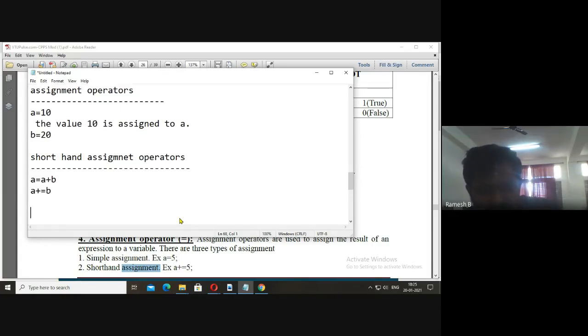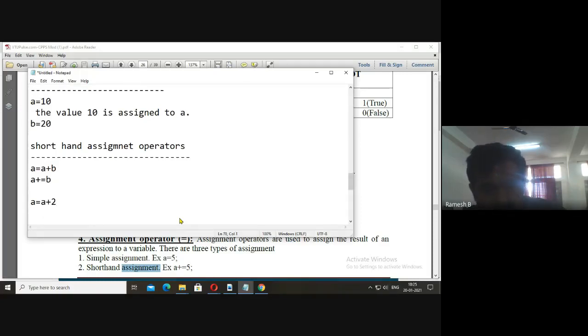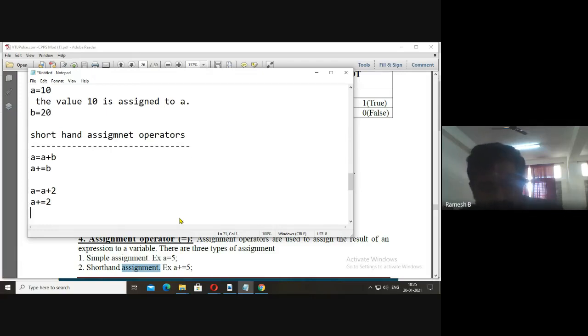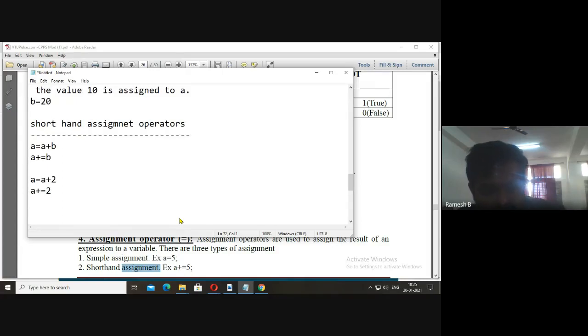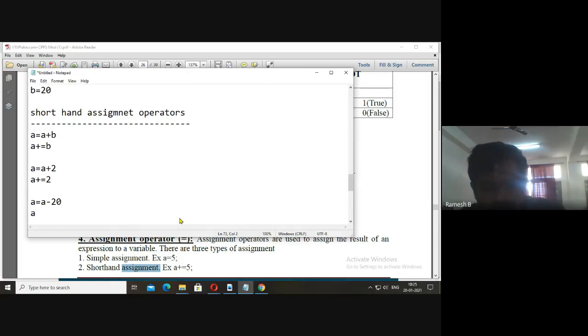Let me take one more example. Instead of writing A is equal to A plus 2, I'll be writing A plus is equal to 2. Similarly, instead of writing A is equal to A minus 20, what I do is A minus is equal to 20. This is shorthand assignment operators.